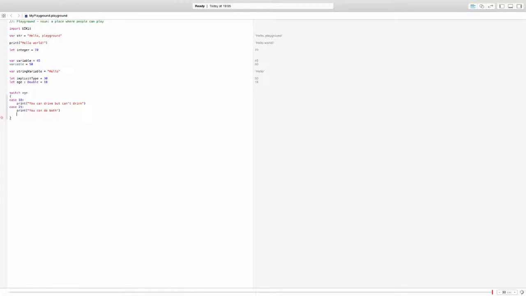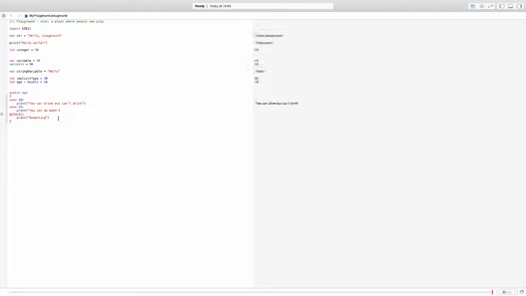And for this switch case code to work, I always need to add a default. So the default will execute when the age is neither 18 nor 21. In this case, I will print